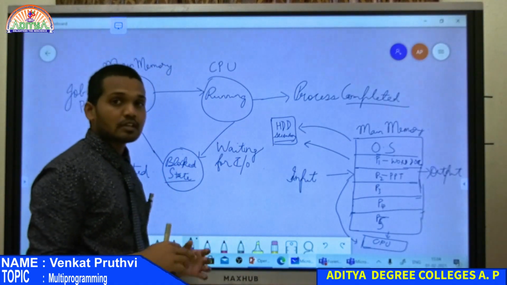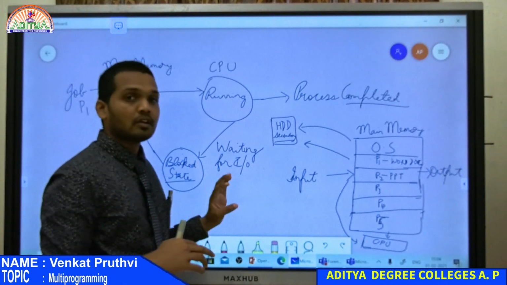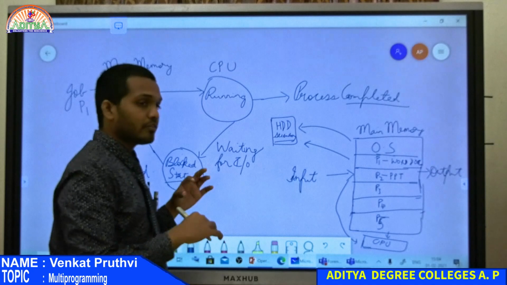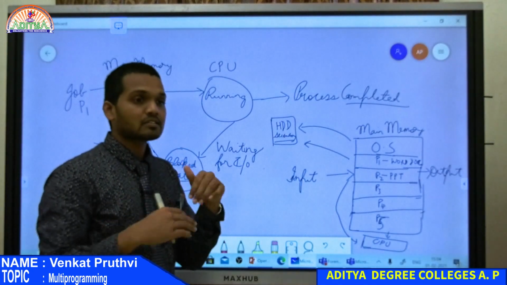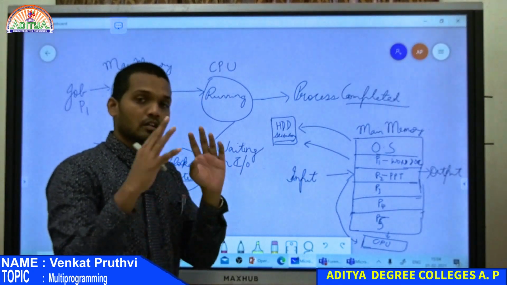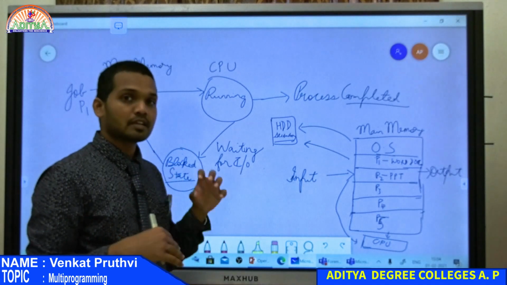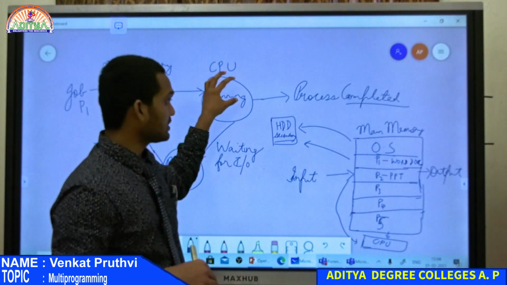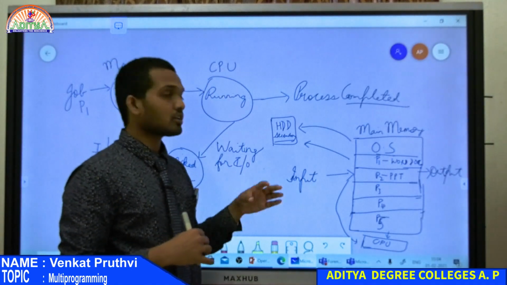What is the process here? It went to the secondary memory and checked that no other process was using it. So it went there, accessed its file, and it's ready to show the user all the data inside that Word document. Once it goes again to the running state, it will show all the data to the user